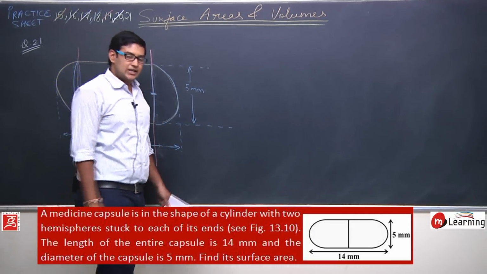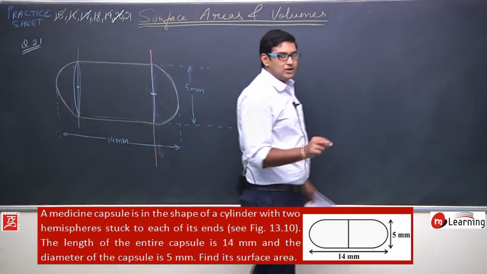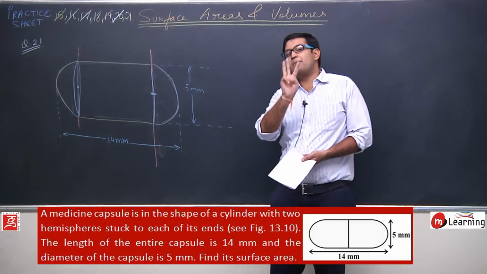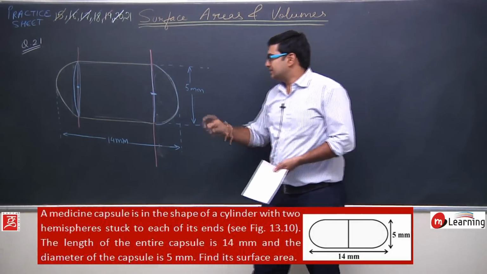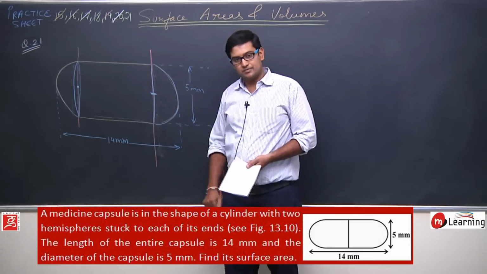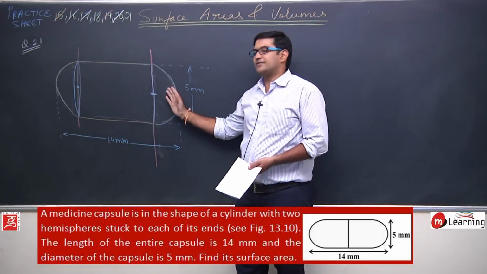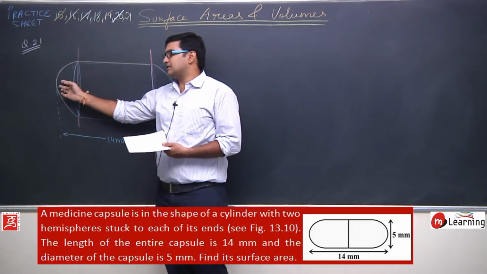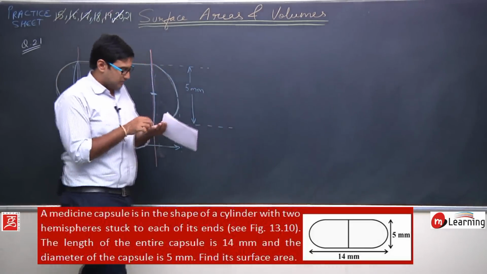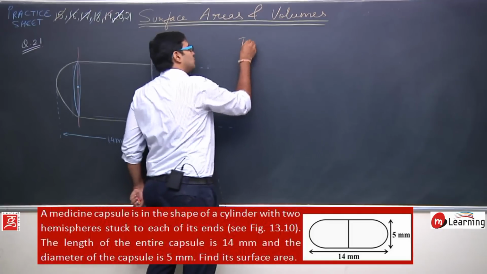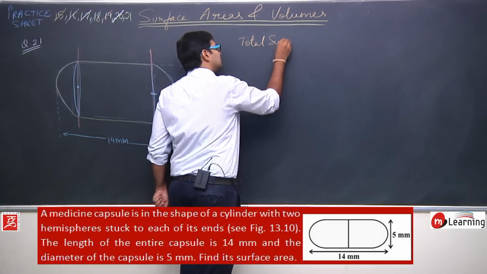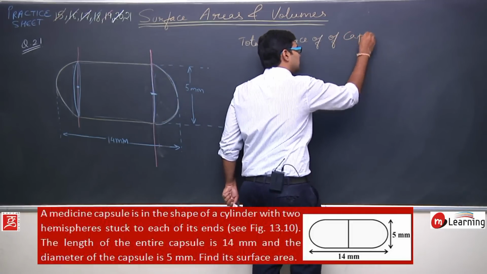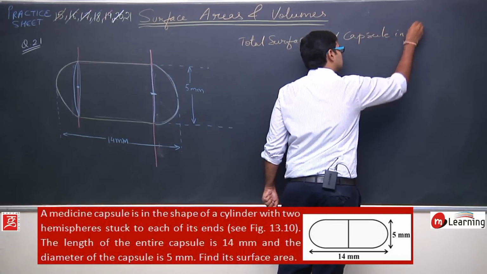So if I want to color this particular capsule, the area on which I can color includes three parts. The first part is the curved surface area of the cylinder. Second part is the curved surface area of this hemisphere at one end and the curved surface area of this hemisphere at the other end. Okay. So the total surface area of the capsule includes